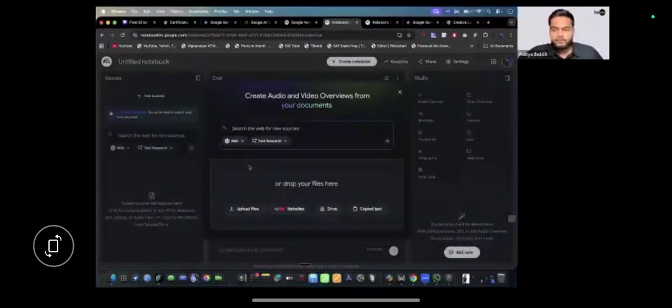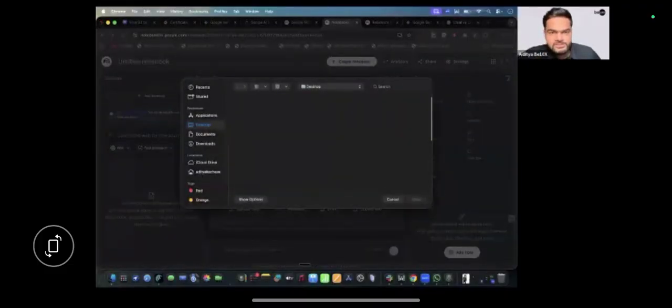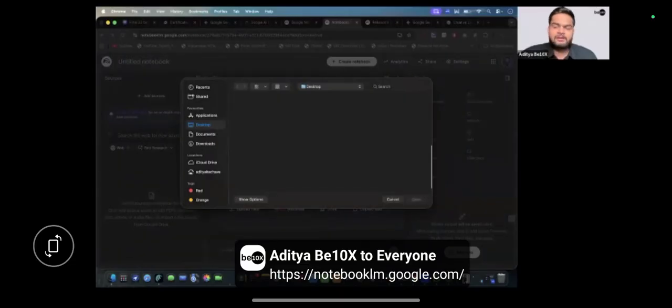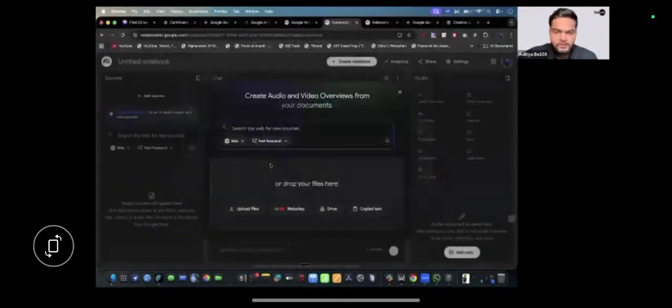So once you click on create new notebook, folks, you'll be seeing a window like this. So here you can upload whatever documents that you have, right? Let's say you're sitting for a research and you have 100 PDFs and 200 images and 300 videos. Upload all of those things right over here. You can upload any kind of document, TXT, docs, PPT, or PDF, anything you want. You can upload websites as well.